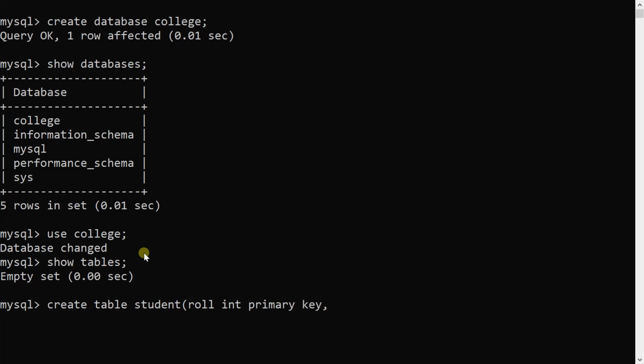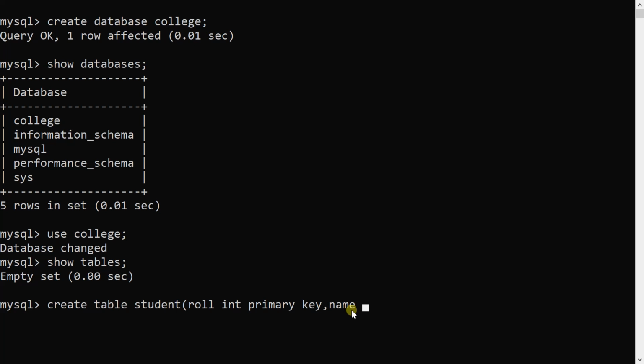Now, what is a primary key? A primary key is nothing but something which identifies records uniquely. If you see the student table, each and every student will have a unique roll number. That's why we are assigning it as a primary key. A primary key should have a unique value for each and every record, and that's why we are declaring it as a primary key.